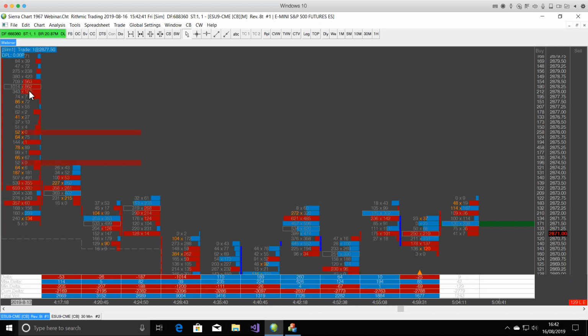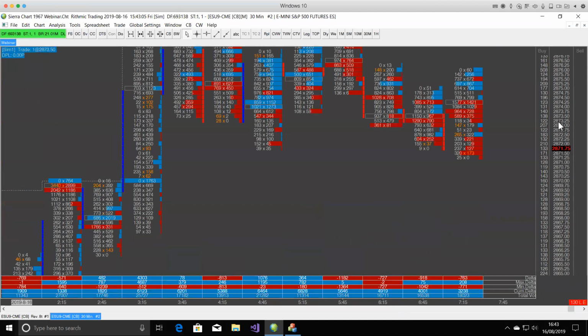And I'll really load up because this can happen many times, and I let the computer do it because I can't always act that quickly or I'm not looking at the screen. But when it doesn't fill, it becomes quite a significant level. It means that we plowed through this level, there wasn't two-sided trade, and you can see how these tend to hold. I'm going to go through this in more detail next week on a pretty advanced way of using it,